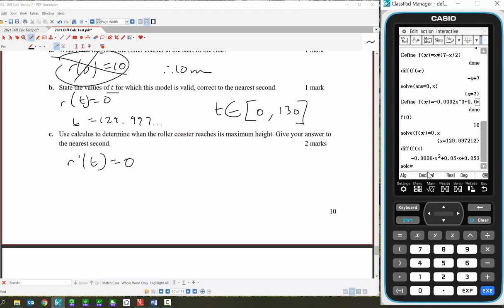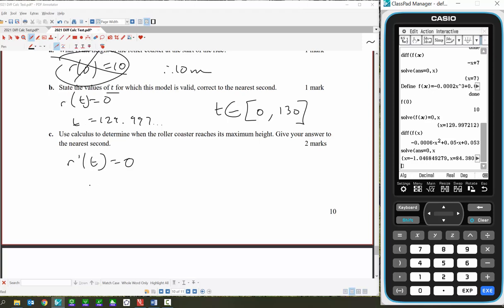Solve, equals 0 for x. So we get 2 solutions, maybe 3 even. No, just 2. T greater than 0, therefore t equals